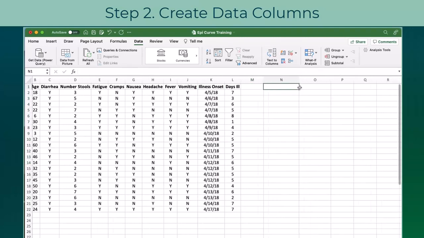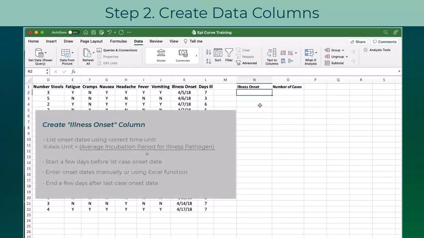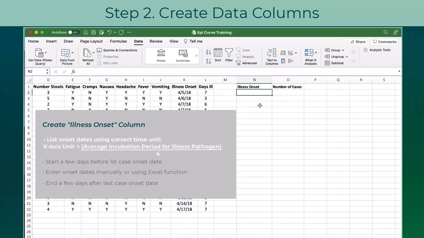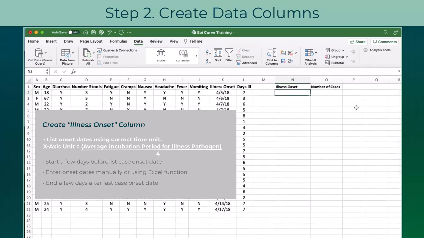These columns will be titled Illness Onset and Number of Cases. For the illness onset column, we're going to organize our onset dates by a time unit that we select. And this time unit should be about 1/4 of the average incubation period of the illness pathogen. For this example, we're using E. coli as the pathogen, which has an average incubation of 4 days. 1/4 of 4 days is 1 day, so for the illness onset column, I will have the x-axis equal 1